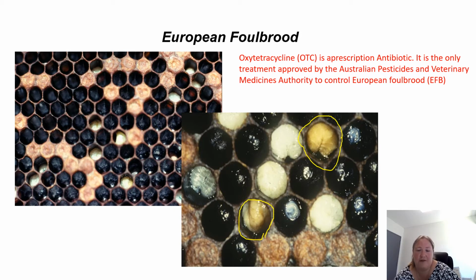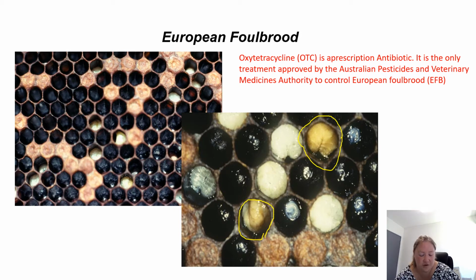and there's a distinct smell with European foul brood, and often when it comes into the lab we can smell that before we can see anything. The incidence of EFB is generally higher when the hive is under stress, and that can be caused by climate conditions, excessive rain, cool climate, movement of the hive, poor nutrition, and